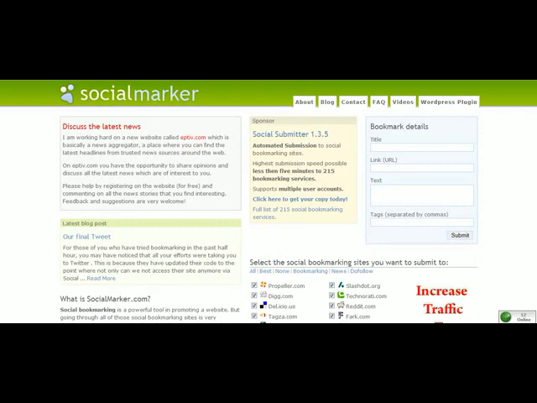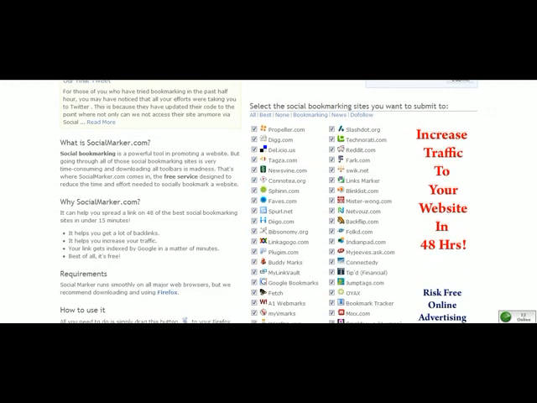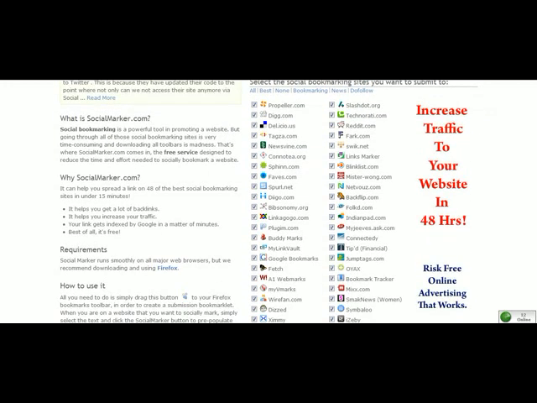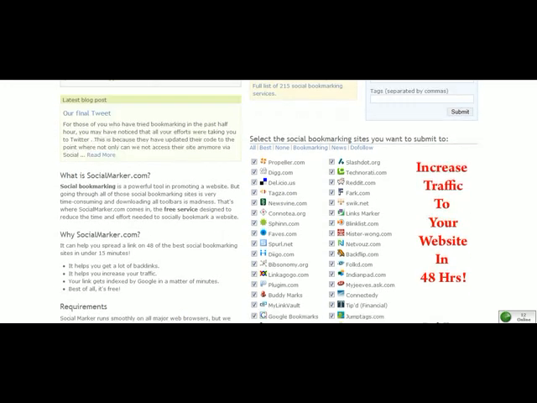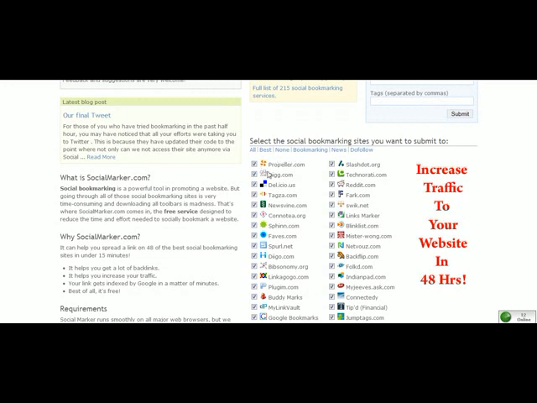It's a free website, and you can just go right on over here to socialmarker.com. And what I recommend you do while you're over here at socialmarker.com is actually go on over to propeller.com, which is one of the sites up here, dig.com, delicious. You see here a whole list of new social bookmarking websites. So what I recommend you do is that you just start at the top here, and you actually want to